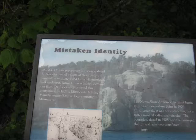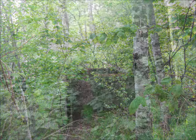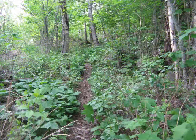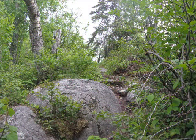They have an interpretive sign here that reveals that it really wasn't the mineral they thought it was, and the mining operation closed after a couple of years. You hike up the trail and you can see some vestiges of the mining operation, but don't stop there. Take the little trail that continues up the hill, and sometimes, even though it gets really rugged,